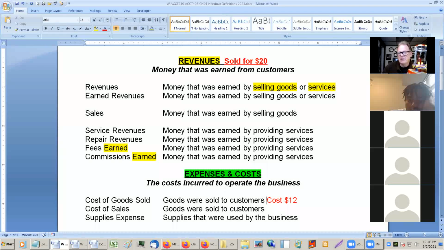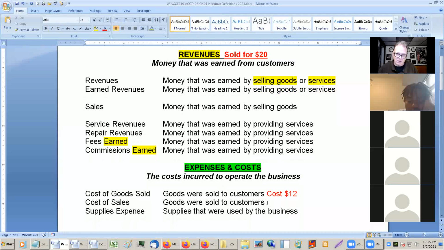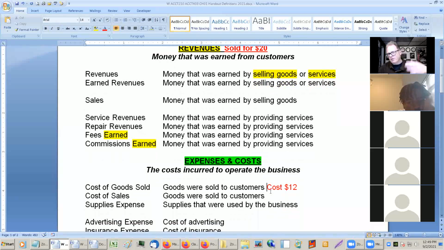Yeah, I made $8. Now, I'm going to record that the $20 came in because they handed me a $20 bill when they came in the shop. So I got $20. I paid $12, so I lost this. This is leaving the place. So I really made $8 on the thing, but this is how you would actually keep track of it. You say, okay, $20 came in. Some goods that I had that cost $12 went out. And later we'll find out that that goes into your income, how much income you made on this thing. You made $8. That's how much profit you made on it.